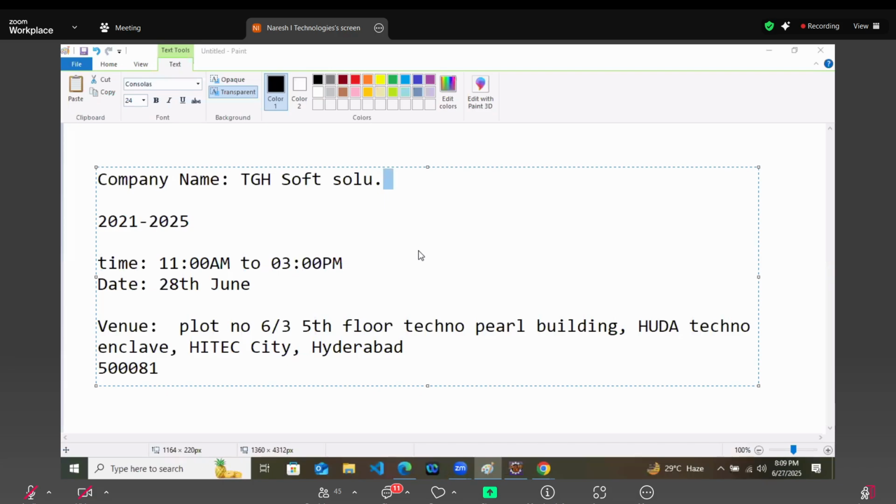I can't say that a company will not ask Spring questions unless it's a very big company and they are offering you around 10 LPA, 20 LPA like that. Apart from that, if they are offering 3, 4, 5, 6, 7, they will never ask a Spring question. If they are asking, it means they are trying to hire you for a good position. That is how you created your own APIs.